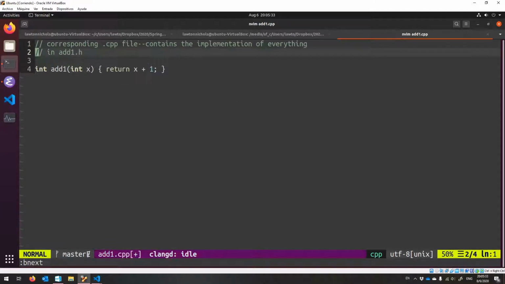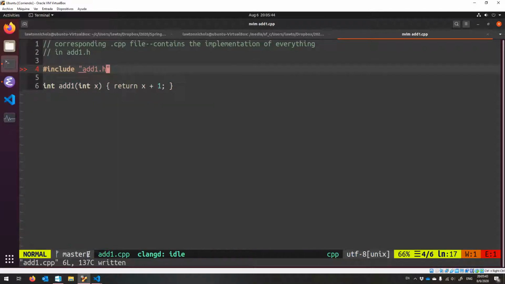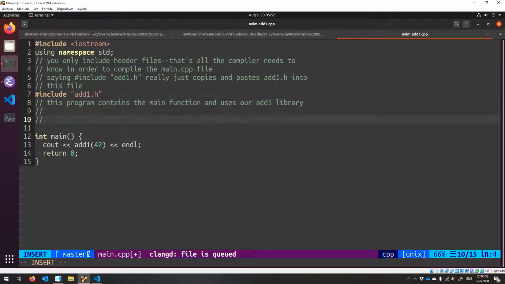Okay? And then now we have the implementation. It's customary to also include your header file, and that will become apparent when we write classes. Okay, and now we want to compile this. All right? So in order to compile and run this program,